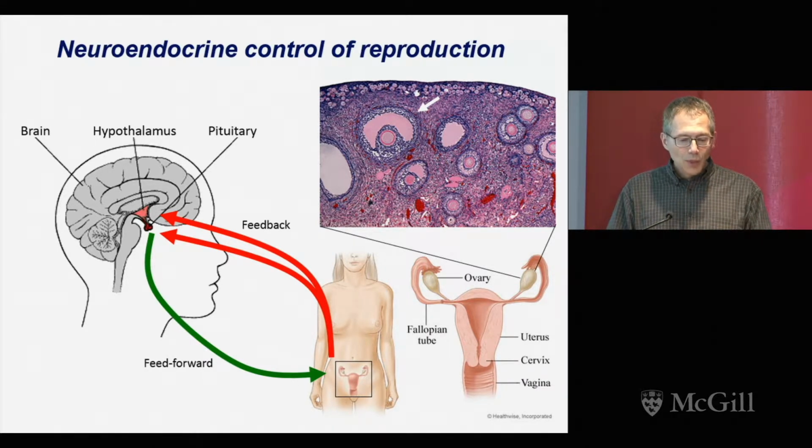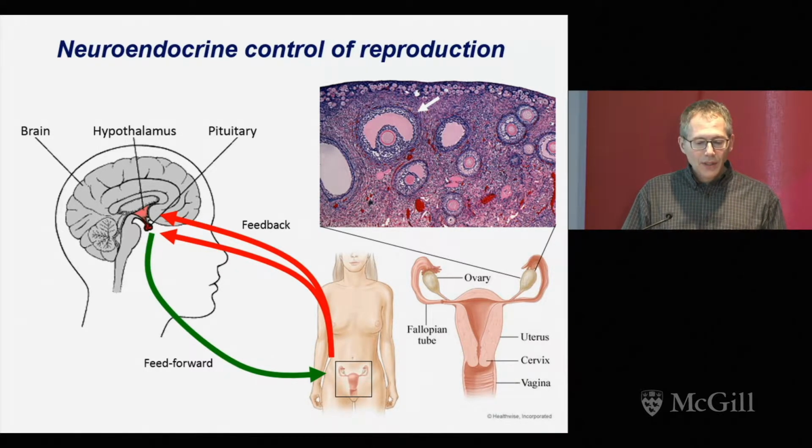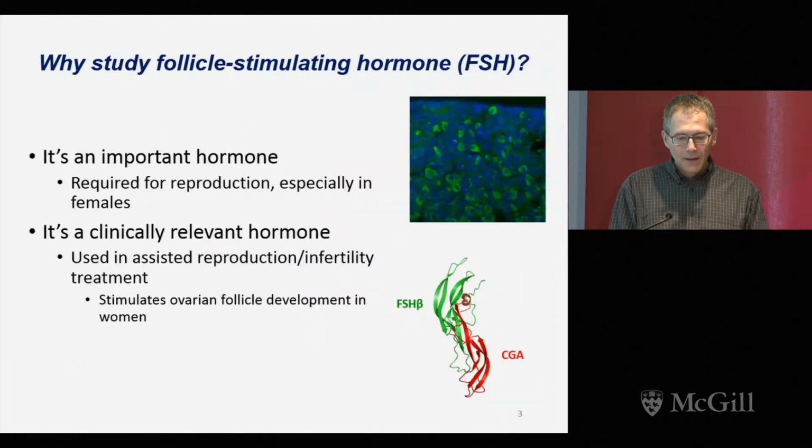function. So in response to these signals from the brain and the pituitary gland, the ovary will synthesize steroid hormones and other hormones which feed back to the brain and the pituitary to regulate their own production. Other things that these hormones do is govern important aspects of reproductive physiology, including the growth and maturation of the ovarian follicles from which the egg will eventually ovulate.